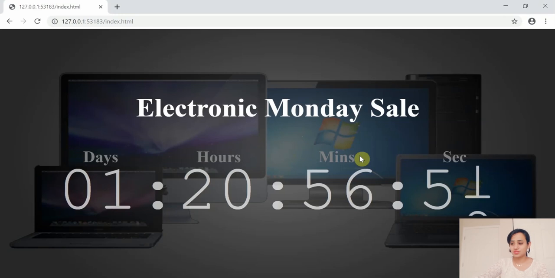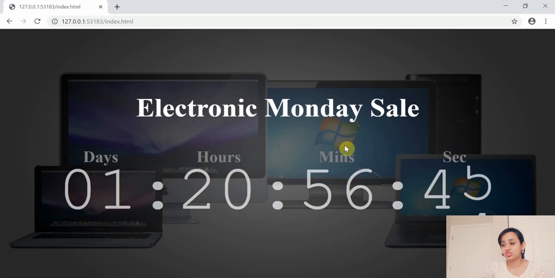I'm Abarna and in today's video we are going to see how to build a countdown timer using JavaScript. So first let me start with the demo. This is a project that we're going to build today. You have the heading that says this is a sale, this countdown timer which goes on for every second. We'll see how to design this and build this kind of app